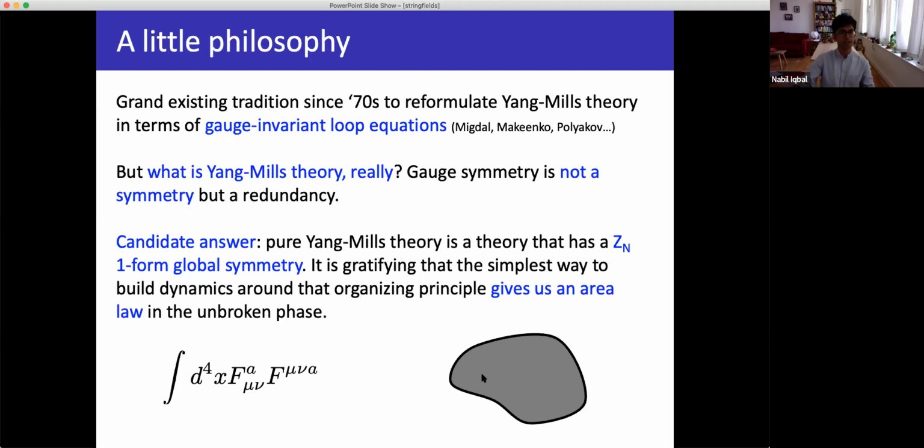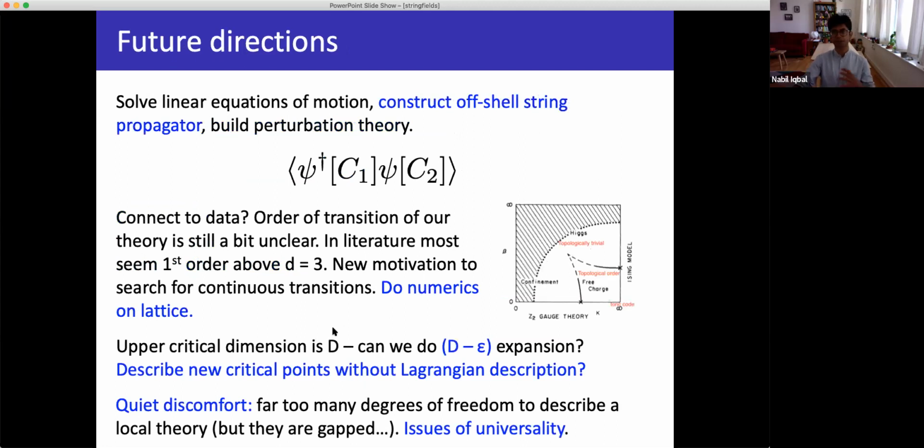Let's say a few future directions. What we'd like to do is take this theory and do everything we do from normal field theory with it. So for example, you should construct the propagator. This tells you the chance for a string to go from here to here. This is a very well-posed thing. There's a differential operator, and you want to invert it. It's a complicated differential operator, but it's a linear problem, so we should be able to do this.